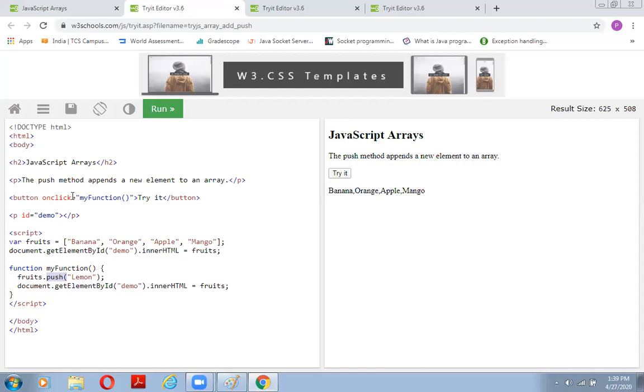How will it process? It will process through the click. When we pass this call to this button and click it, it will generate an event and trigger this function, and the function will add one more lemon. See this.